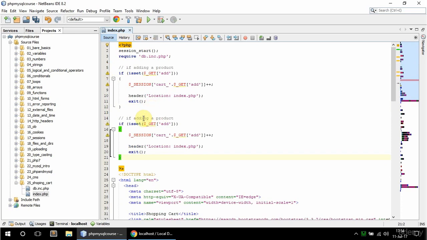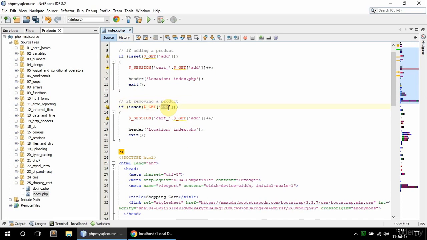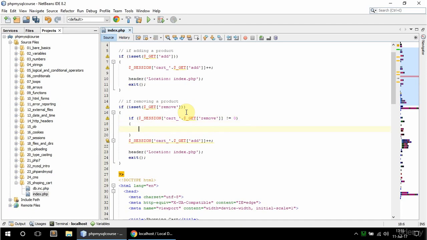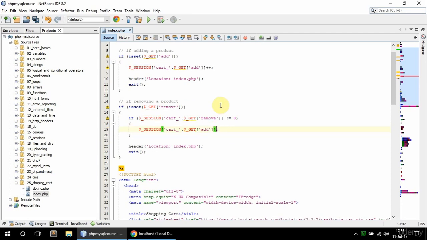Copy that, and I'm gonna say here if removing a product. So then it's gonna be that get remove, and first I need to check if that ID does not have value of 0, since if it does there's nothing to remove. So I'm gonna say here if session cart underscore and append get remove, so if it's not 0, and in that case I'm gonna copy this and paste it here, just indent it a bit. In that case I'm gonna say minus minus here,